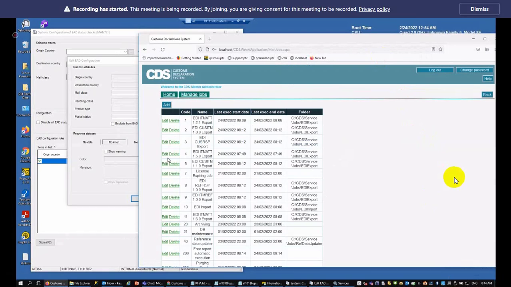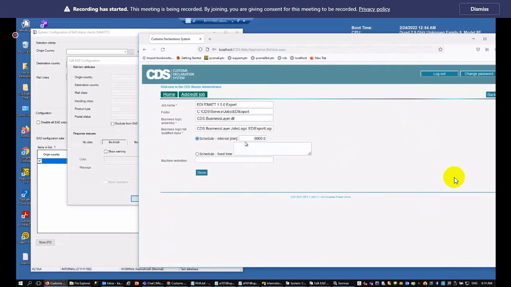So the frequency of the CDS, which I installed on my local machine, was set as... it's too long. 10 hours. No, it's more. Sorry, I'm not very good at mathematics. Anyway, depending on your preference, or depending on your business requirements or legal requirements, you can set an interval frequency